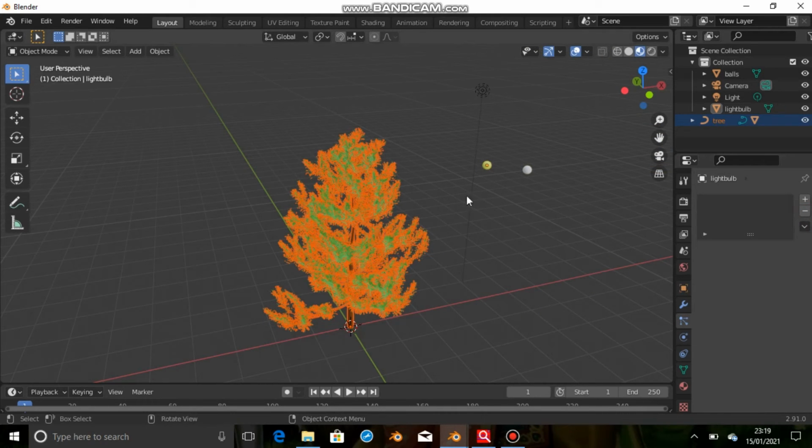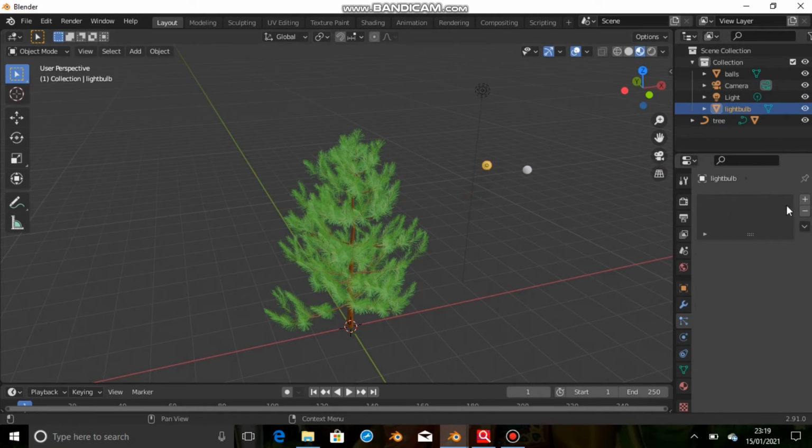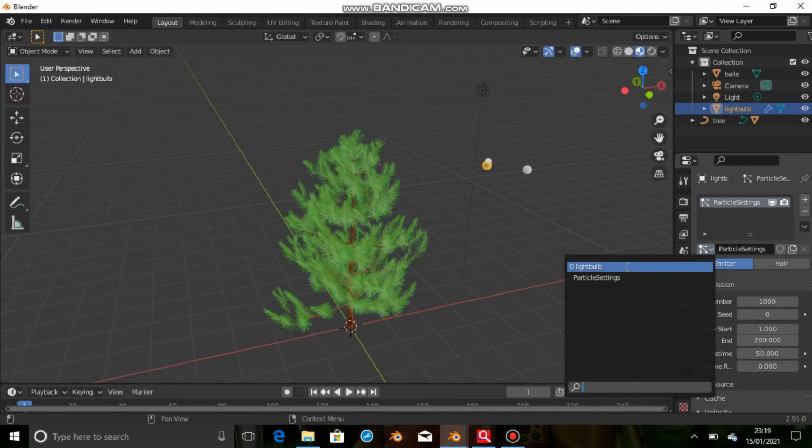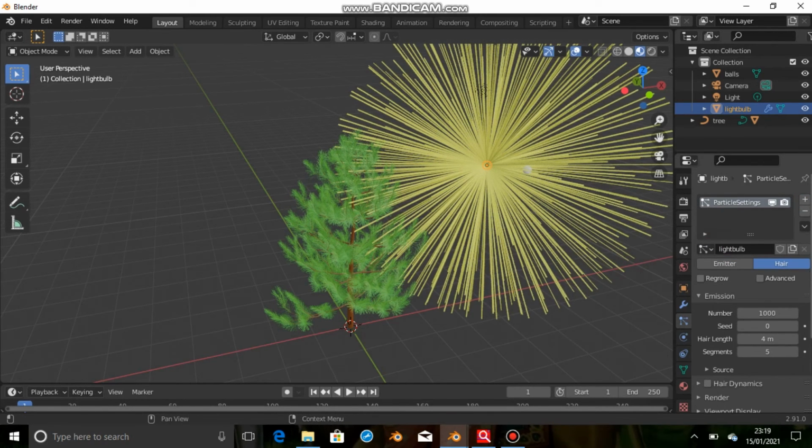So as I select light bulb, here we will give a new material, named light bulb.